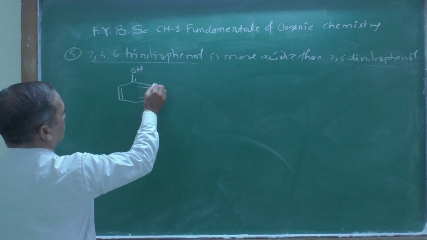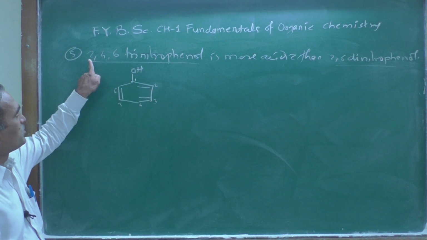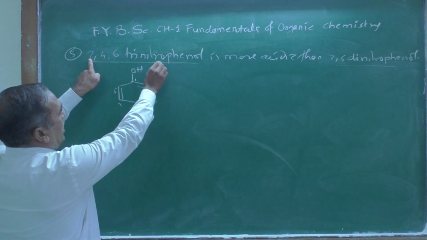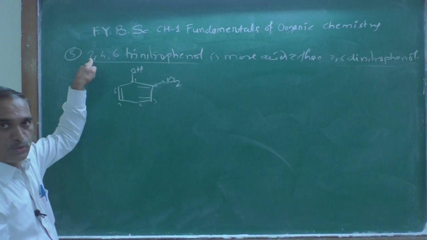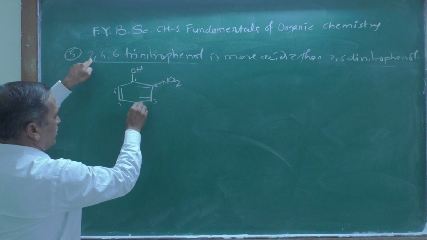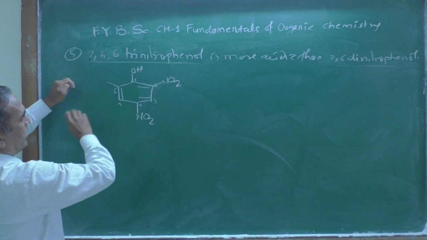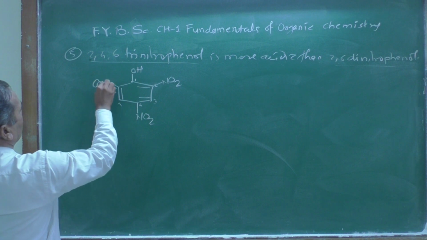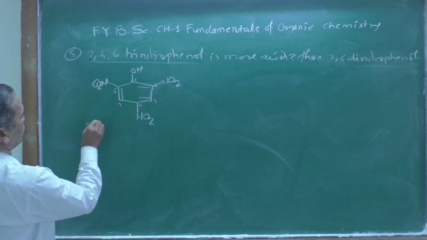So let us see 1, 2, 3, 4, 5 and 6. At 2 position, nitro means which group you have to attach? You have to attach the NO2 group. At 2 position, then at 4 position, and at this one at 6 position,